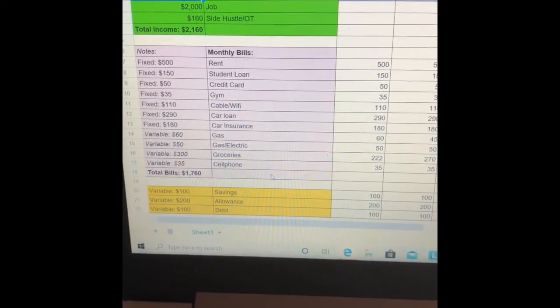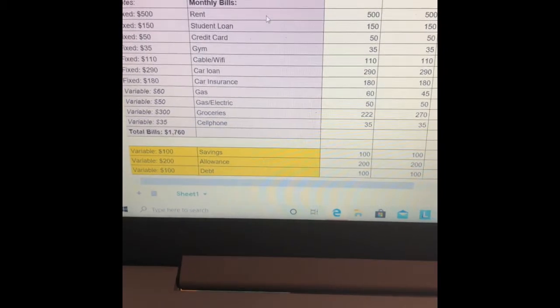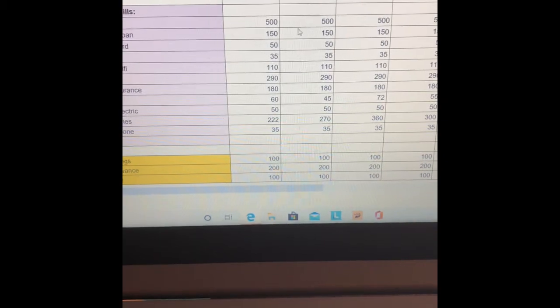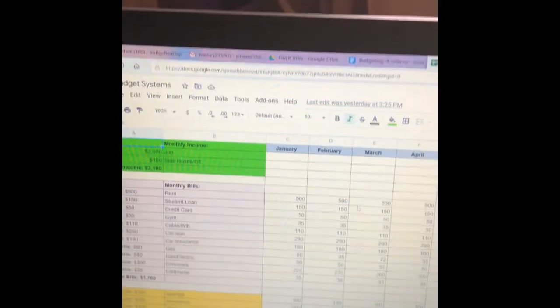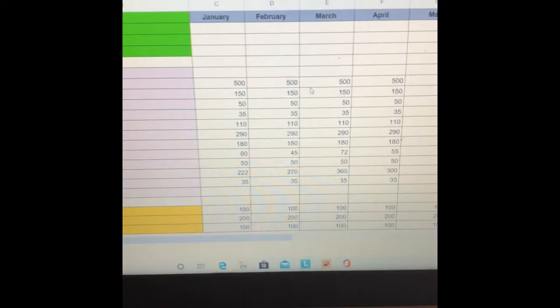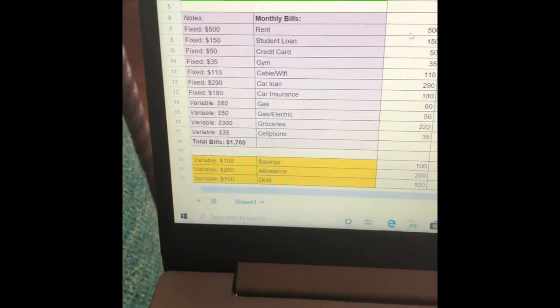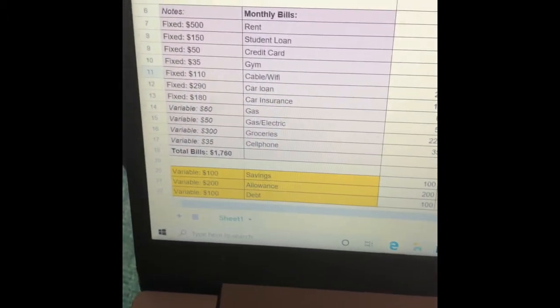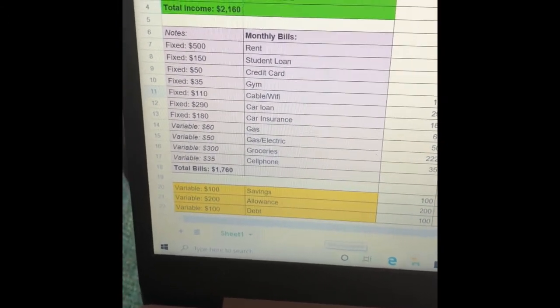And then in terms of systems, what I like to do is put the days of the month at the very top. Every single time I pay my rent, for example, I put down that I paid it and how much I paid toward it. It's a good way for me to keep track because I'm one of those people that will absolutely forget: did I pay that cell phone bill? Did I pay the car insurance? So at least this way, once I pay it, I put it down on the sheet and it automatically saves, which is awesome. You don't have to save it. It automatically saves and just lives on my Google Drive. And so I find it to be super helpful.